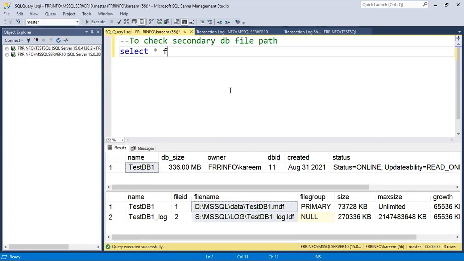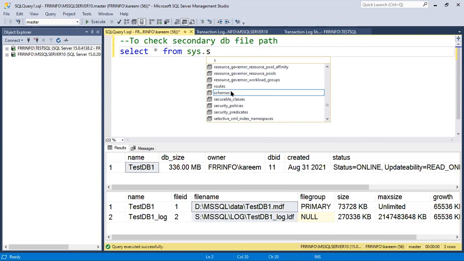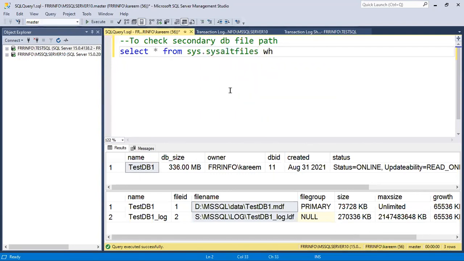We have to use a command here: sys.sysaltfiles where dbid is equal to DB_ID of database name. Say database ID of database name. So by using this here,